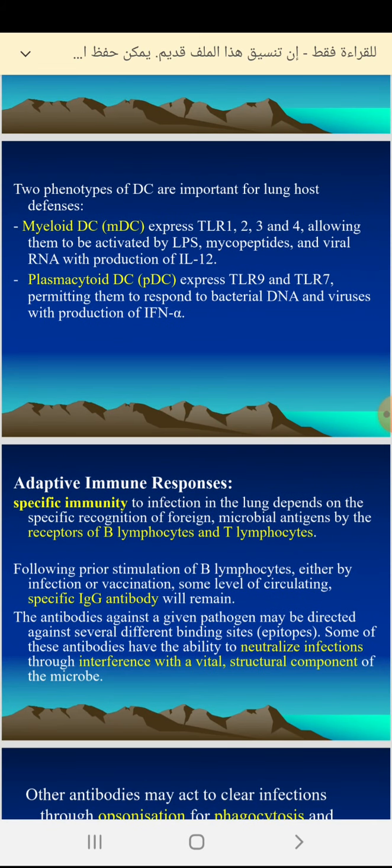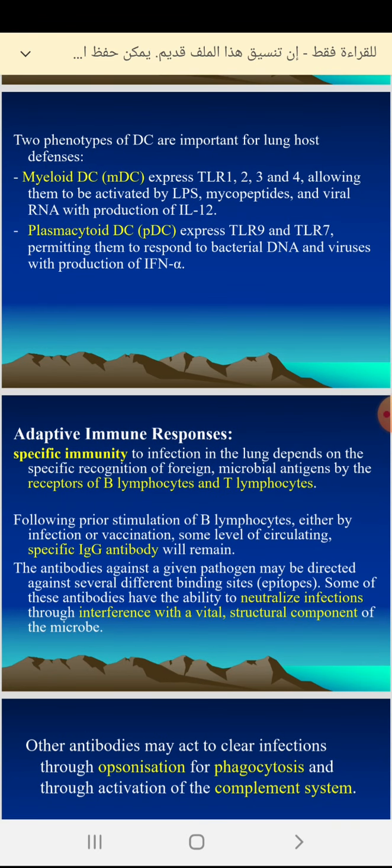Two phenotypes of dendritic cells are important for lung host defense. Number one, myeloid dendritic cells, and number two, plasmacytoid dendritic cells. بالنسبة للمايلويد dendritic cells expressed toll-like receptor 1, 2, 3 and 4. وهذه الخلايا ممكن يصيرها activation بواسطة اللايبوبوليساكرايد اللي موجود على معظم المايكرو اورجانيزم، ممكن المايكوبيبتايد and viral RNA، وراح تنتج